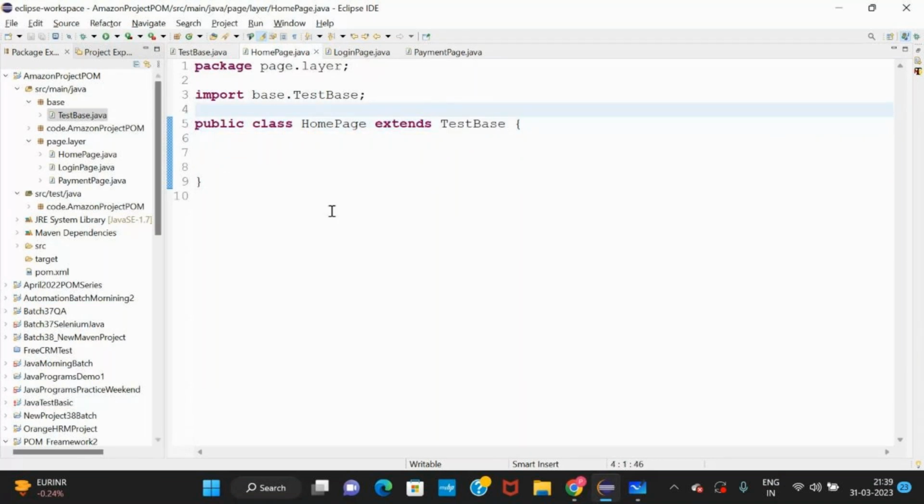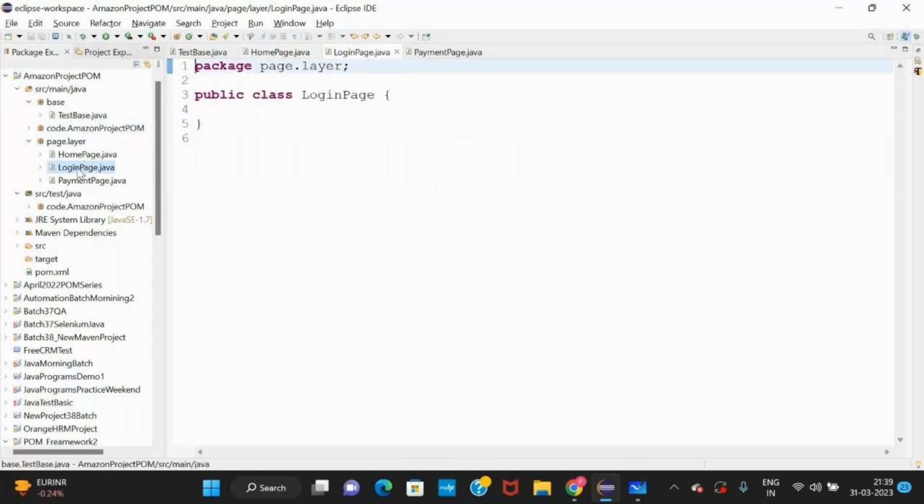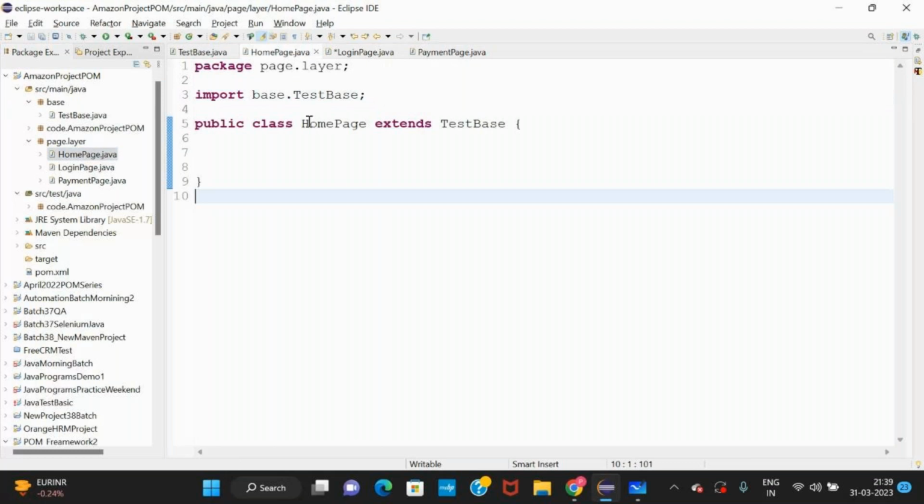In this case we need test base in the classes of the page layer. So in a login page also we need test base. What keyword do we use for inheritance? Extends. Extends is a keyword.